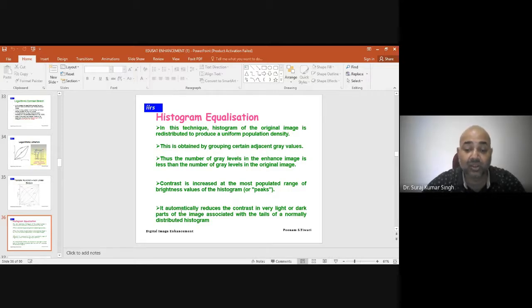So it automatically reduces the contrast in very light or dark parts of an image associated with the tails of the distributed histogram. What it does is suppress the darker section of the pixels and highlight the brighter pixels.